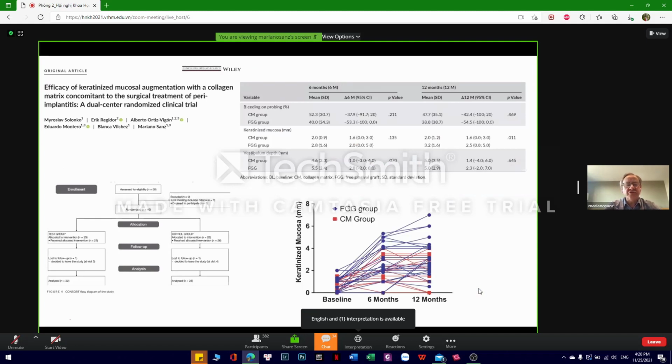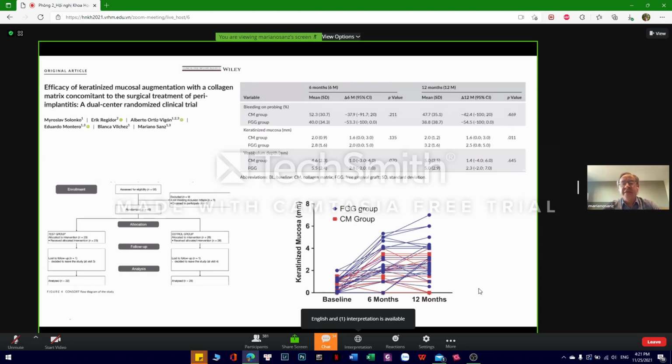And you see we treated about 58 patients randomly assigned to either the collagen matrix group or the free gingival graft group. And the end result you see at 6 months and 12 months was that the amount of keratinized tissue was